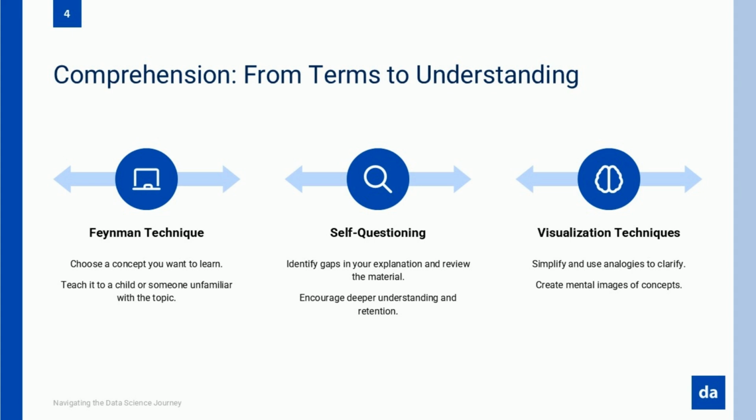First principles thinking also enhances comprehension by breaking complex ideas down to their fundamental truths and rebuilding from there. Instead of accepting a machine learning technique as a black box, understanding it from first principles means grasping the core mathematical concepts it's built upon, the problems it was designed to solve, and how its components work together.